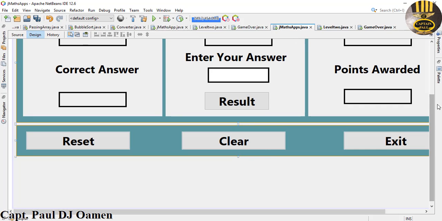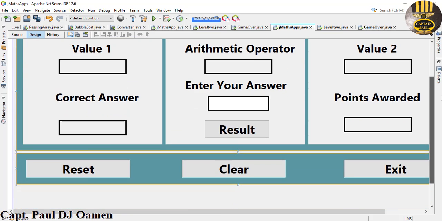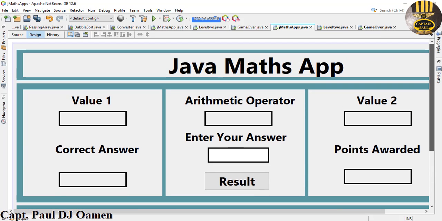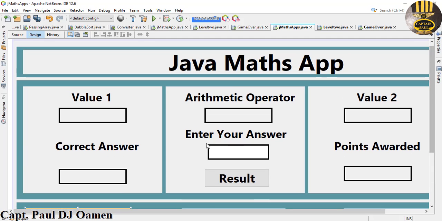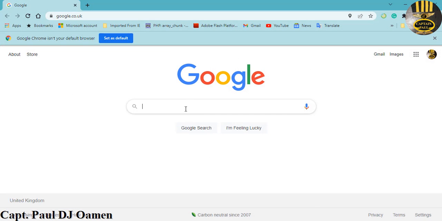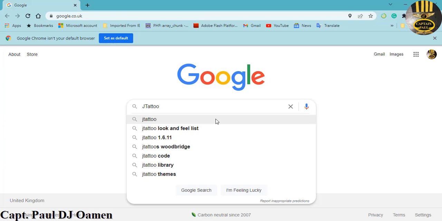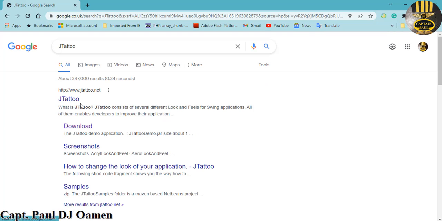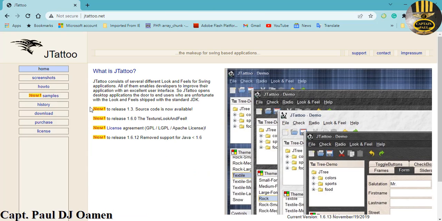Now, you see these buttons, I want them to have an oval shape, and for me to achieve that, I'm going to need a library called JTattoo. So I'm going to come in here, browser here, and enter JTattoo in there. Okay, let's search for JTattoo. I think, yeah, let's go in here. Very good. I'm going to click on download,